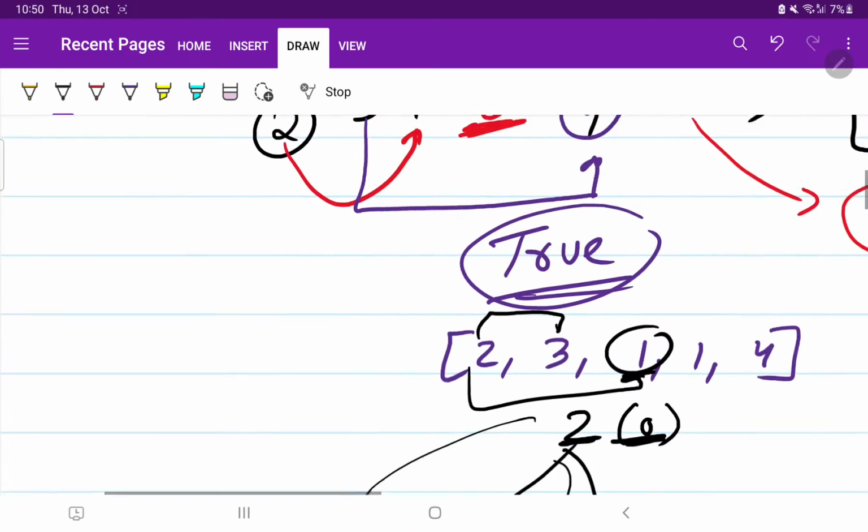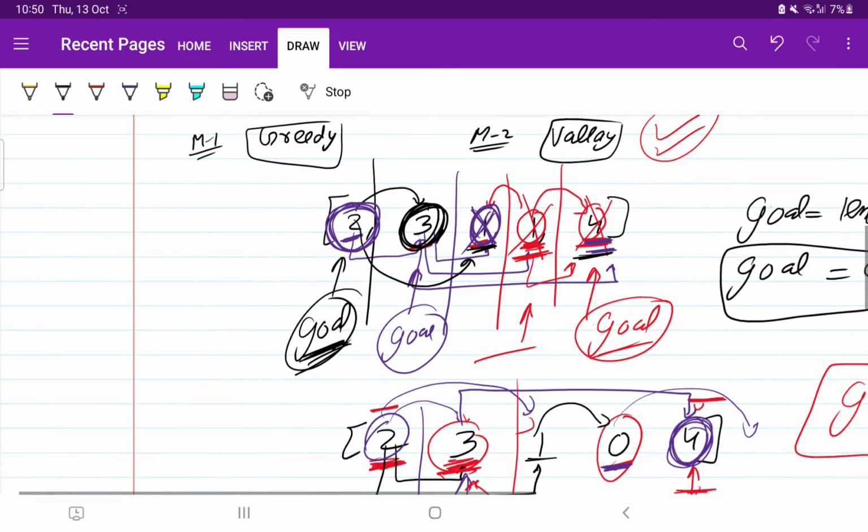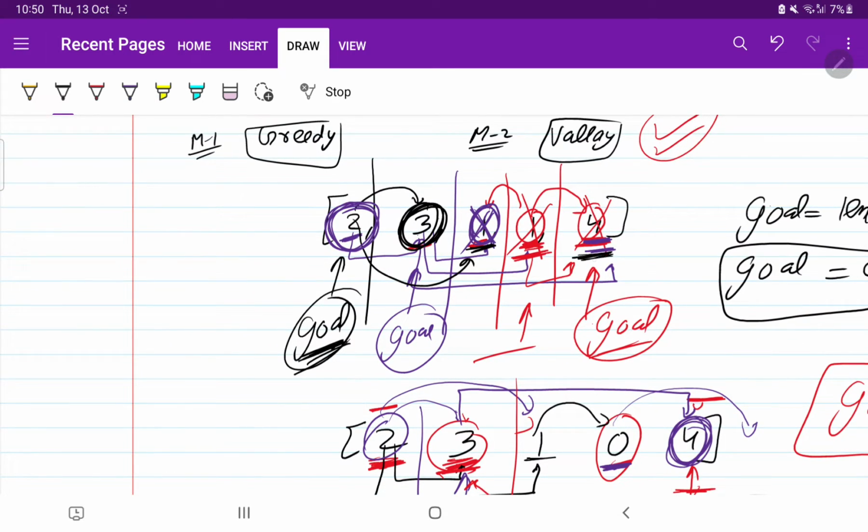In the last video we have seen the greedy approach. In the greedy approach what we have done is we set the goal at the last position, and then we checked can we reach the goal, and if we can reach the goal we try to move the goal earlier. By this we solved the problem in order of n. Okay, now if you haven't seen that video, please check out that video.